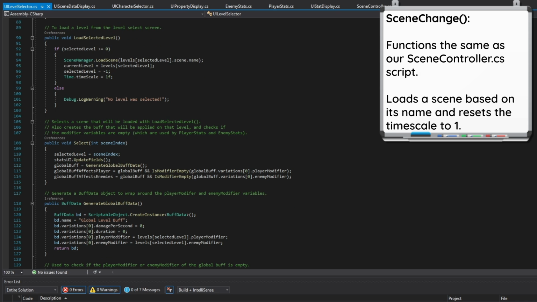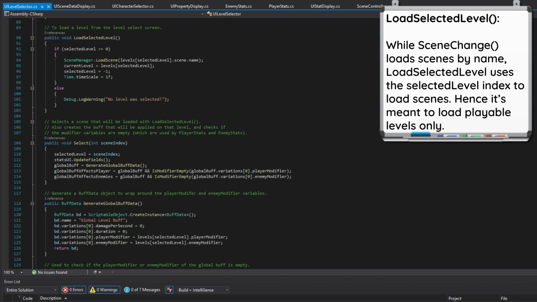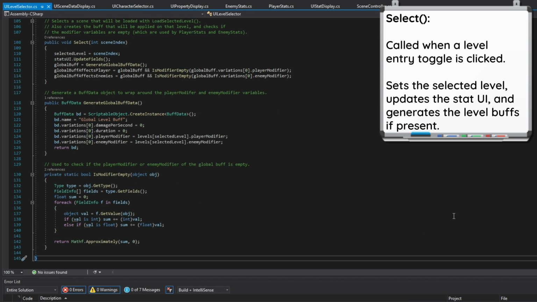After that, we have LoadSelectedLevel, which is specifically used to load the selected level based on its index, as well as store the selected level scene data in the static current level variable so it can be accessed in the loaded level. It differs from SceneChange, as while SceneChange loads levels by name, LoadSelectedLevel loads levels based on the level index, hence it's only meant to load playable maps. Next up, we have the Select function over here, and this function will be called by the level entry toggles when they are clicked. This function assigns the currently selected level, updates the stat display with the current level stats, as well as creates the global buff that will be applied to the level if any player or enemy buffs